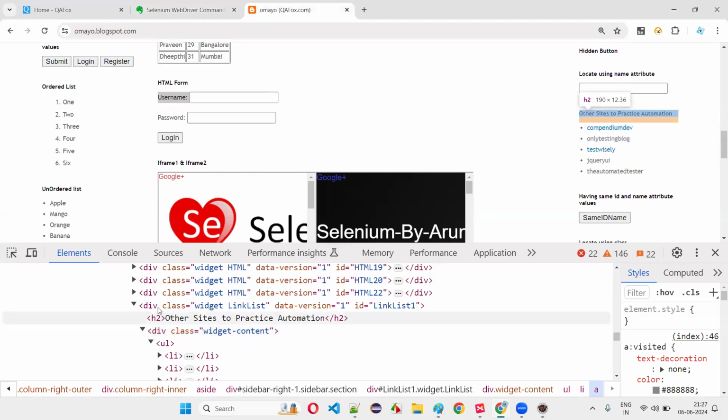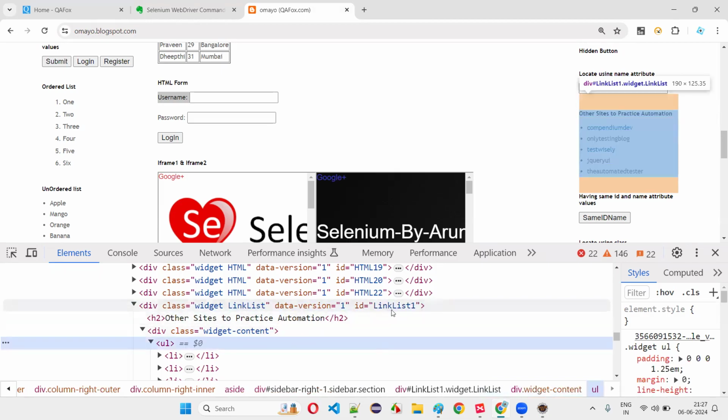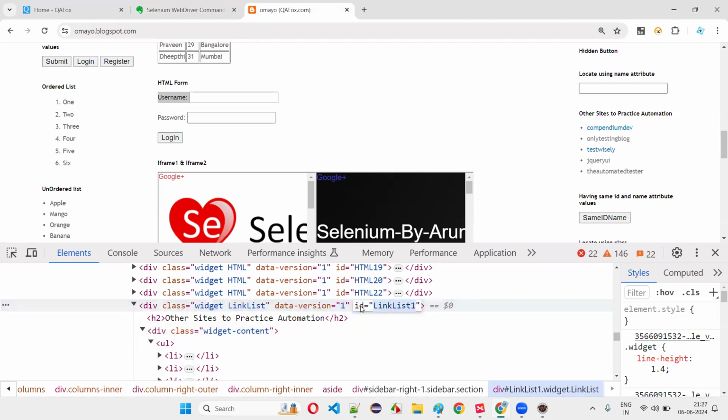Okay, there can be multiple attributes. For example, this div is a tag name. Here class is an attribute. Data version is an attribute. ID is an attribute, like that. If you use get attribute, it will get the value of the given attribute. But if you say get tag name, it will get the tag name of that particular element in the HTML